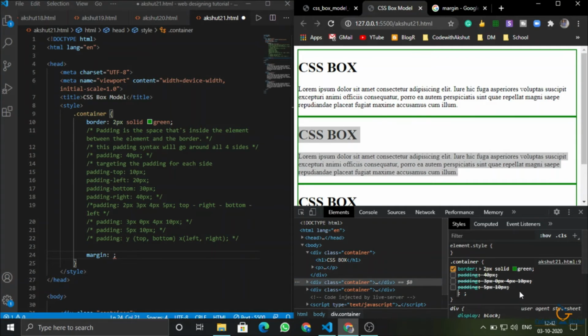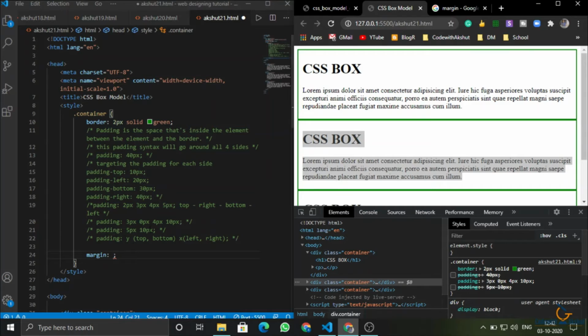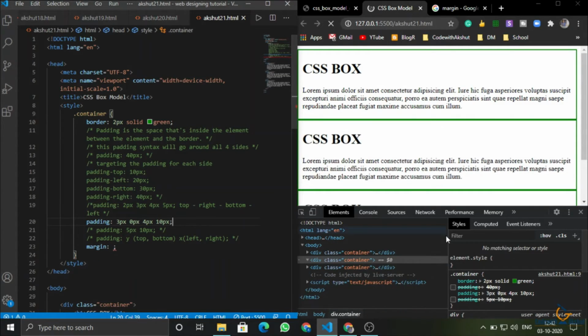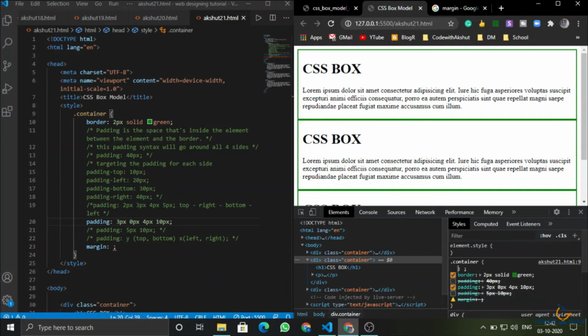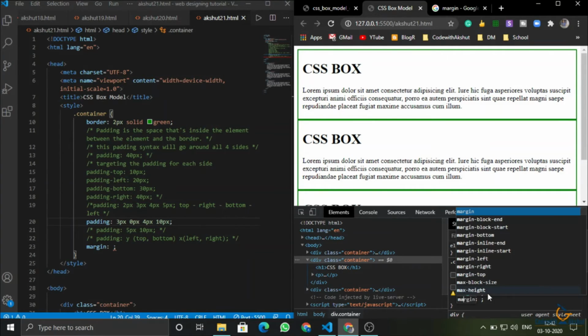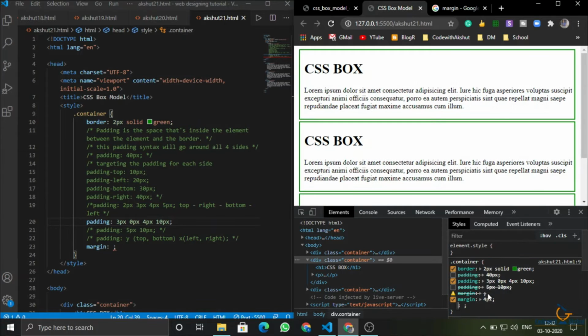If I add a margin here, I should add this padding, yes, I will uncomment this for your reference. What should be the margin? 4 pixel. If I do margin 4 pixel, we are able to see the gap here. So this is the gap with the parent.